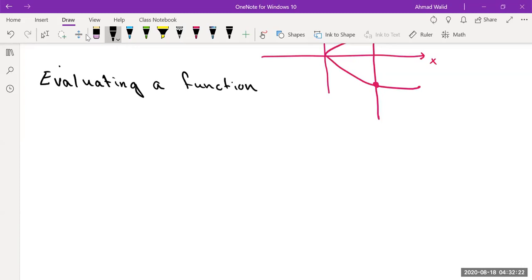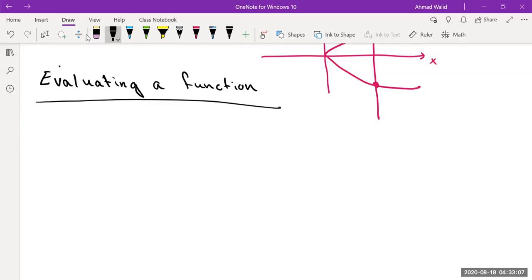What does it mean? Evaluating functions, correct? Evaluating a function means finding the numerical value of a function, correct? That's what we call it, evaluating a function. Again, I saw students have a lot of problems, especially when they start with intermediate algebra. When I give them a function and I say evaluate, they're thinking now what to do. Evaluate means finding the value of the function at the given point,